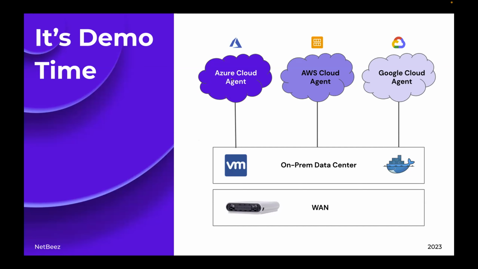We have a demo dashboard with 3 cloud agents representing 3 different clouds, in this case Azure, Amazon AWS and Google Cloud. And we have two agents on our on-prem data center, a VM and a Docker. And then we have a set of hardware and other types of sensors for our wide area network, which at the moment is not relevant as we will focus on this specific portion. The goal of the demo is really to show you how we can detect an increase in latency between on-prem and cloud, how you can get alerted, and what impact this increase in latency will have on the applications that you host. So let me share